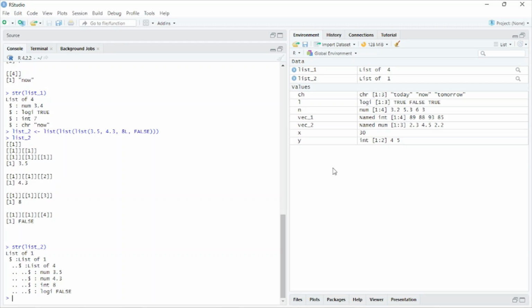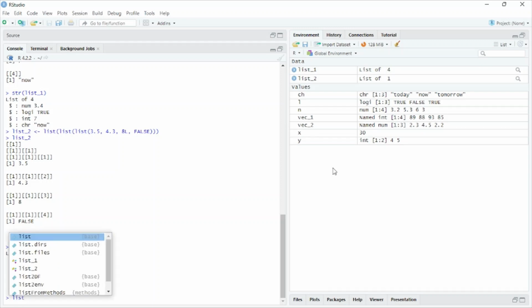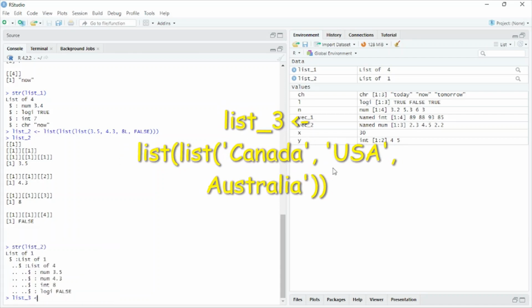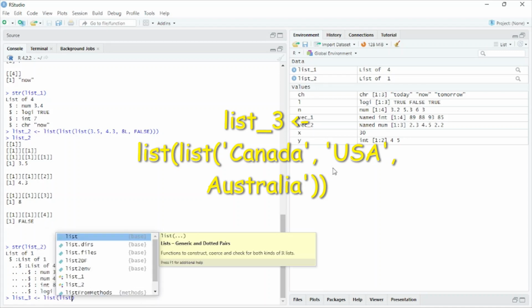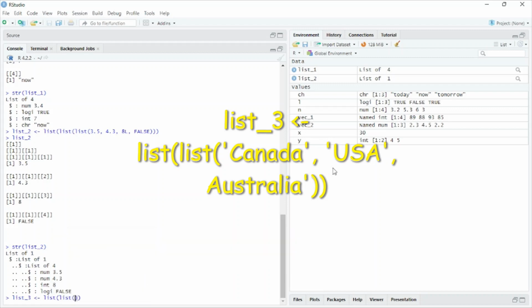Today our topic is about naming the list. So it's pretty straightforward. First of all, I just create a list 3, and here I just type list again, and here I just type the names of some countries,